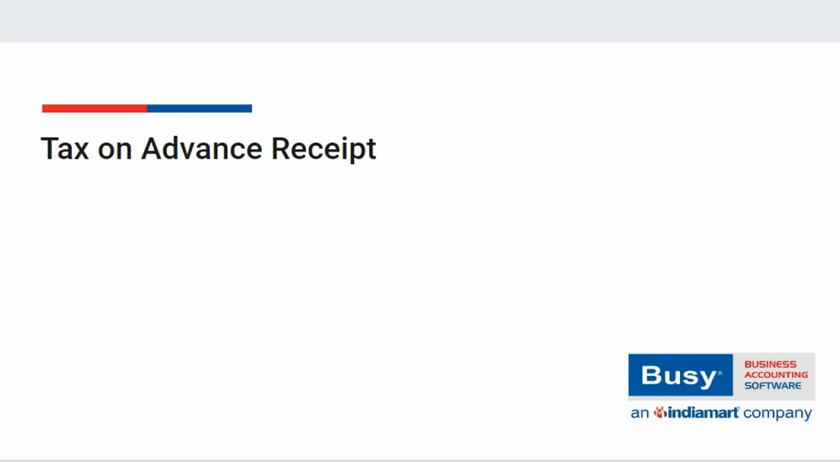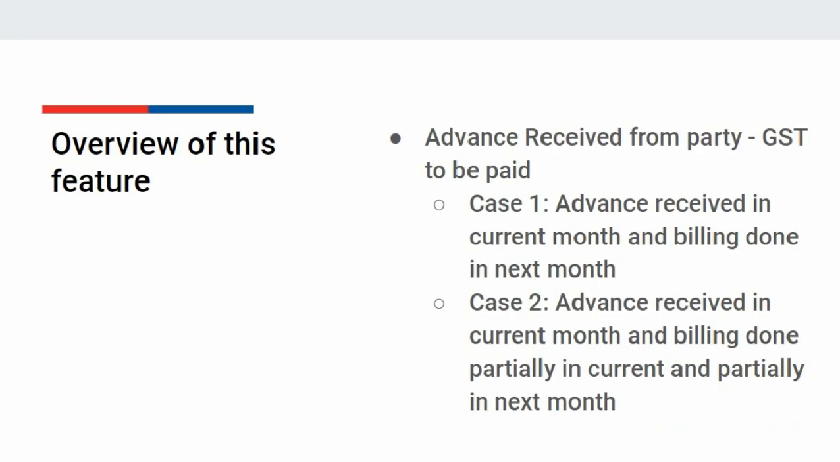Tax on advance receipt. In this chapter, we will discuss tax on advance receipt. Whenever you receive an amount from your party and that amount is not fully adjusted against any bill, or you have not refunded the amount in that particular month or quarter, or we can say return filing period in which you have received it, then you need to pay tax on that amount, and the rate at which you